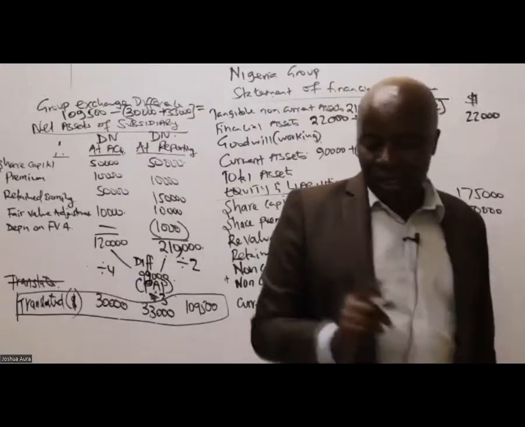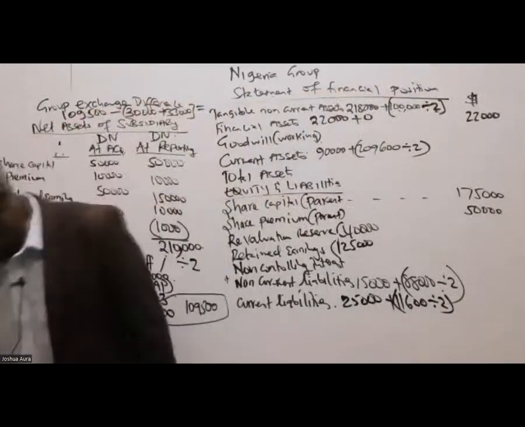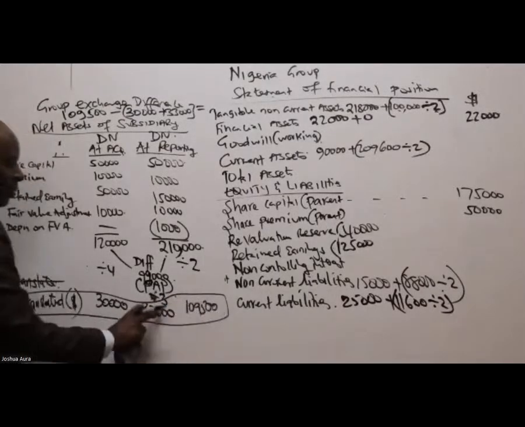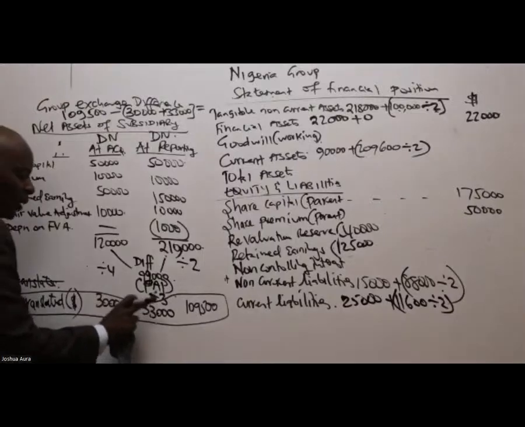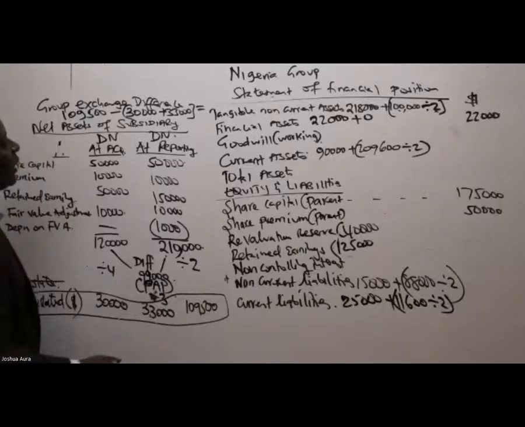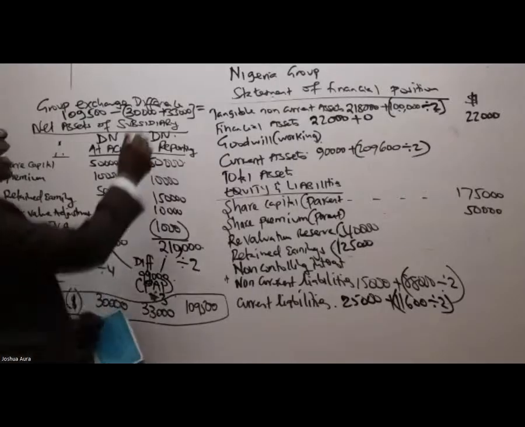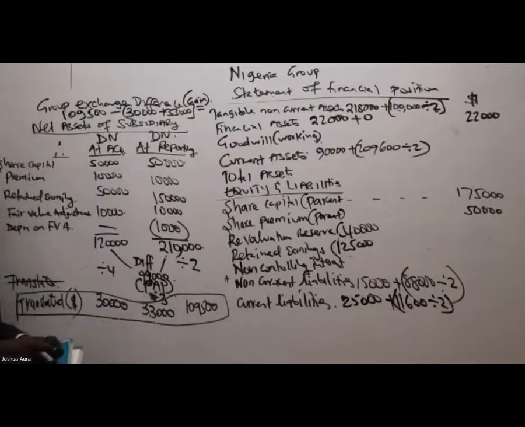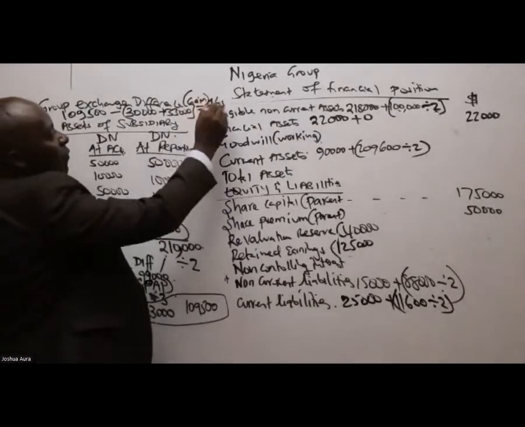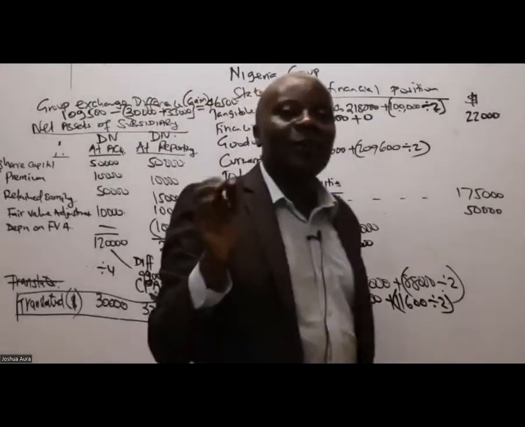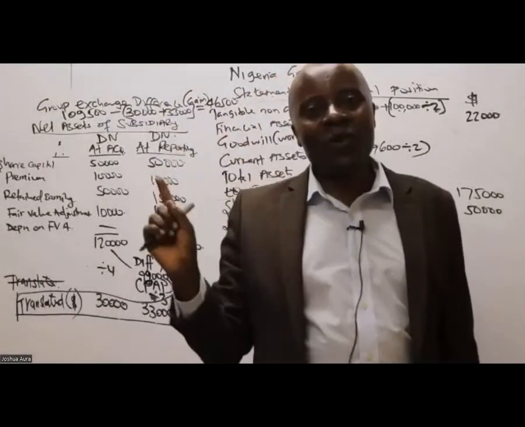46,500 is the gain, the gain in translation. It's a gain because we took the closing minus the sum of this. We expected the sum to be 66, but it has given us something more. So, ladies and gentlemen, this group exchange difference is a gain over 46,500. Whenever we have any gain, remember, you're going to give this out to the two